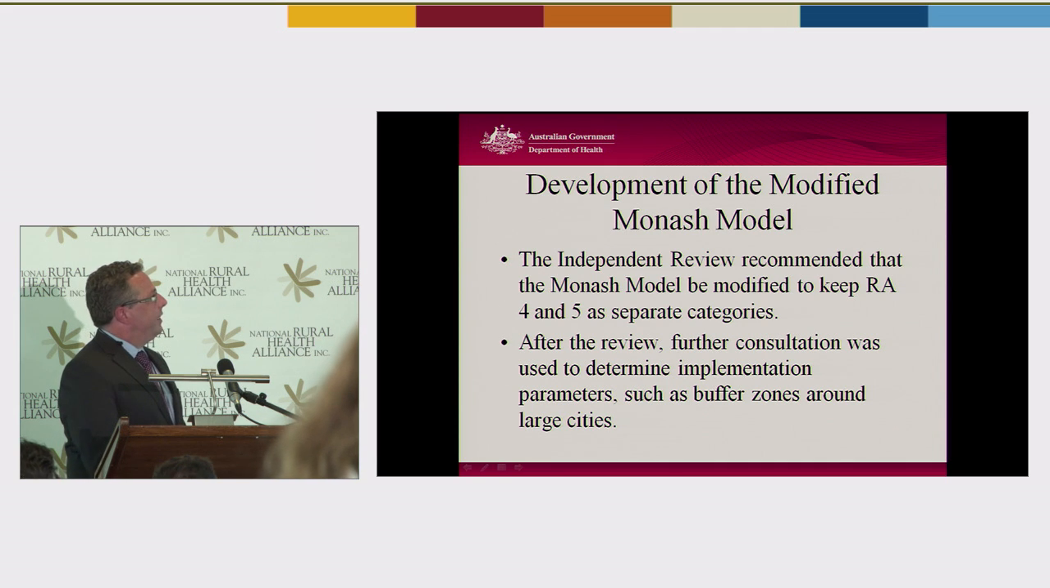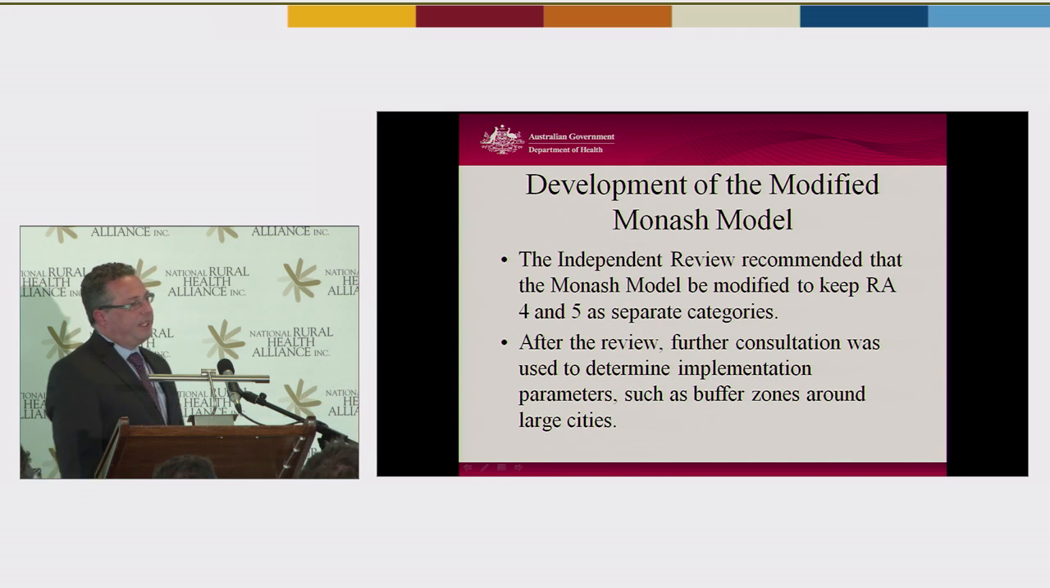And what that did is it led us to the development of the Modified Monash Model. So within the actual independent review, it was recommended that we keep RA4 and 5 as separate categories, and that was a result of the stakeholder consultation. Once we had the Modified Monash, fairly soon after the actual review itself, and then it picked up a bit again after the consultation picked up again afterwards, after Minister Nash announced the Modified Monash,